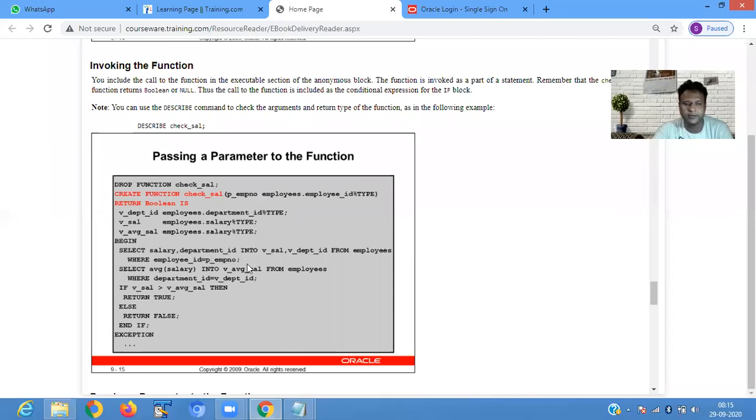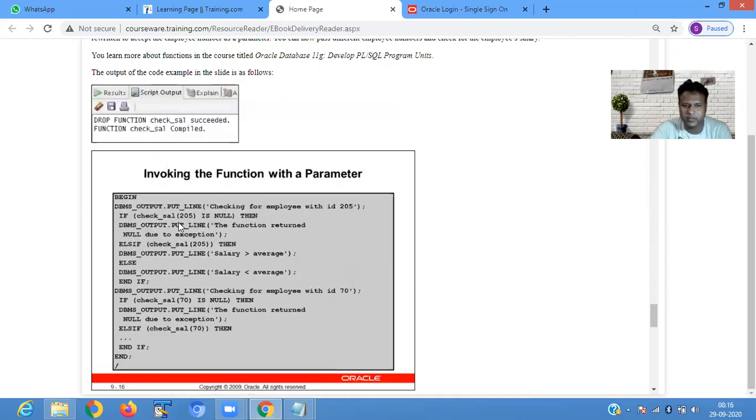So begin, select salary, department ID into V salary, V department from employee where employee ID equals p dot employee number. So how do you execute? The begin DBMS output checking for employee ID with 205.